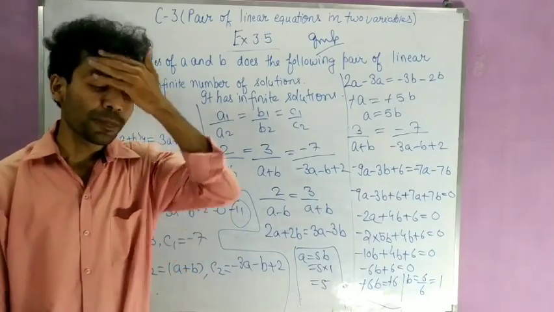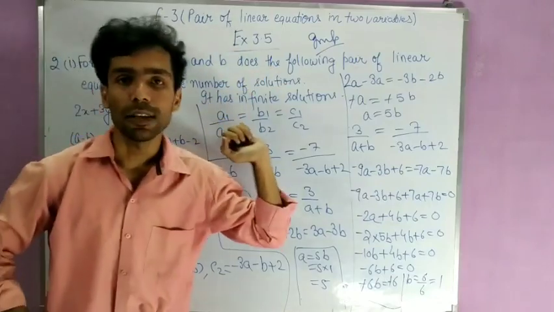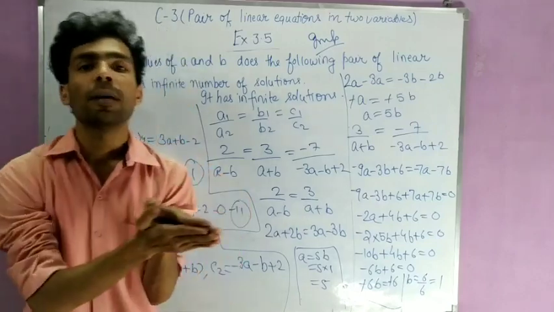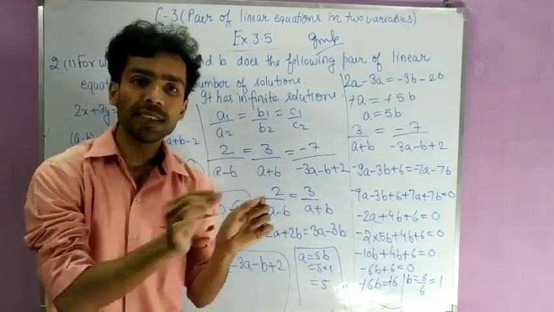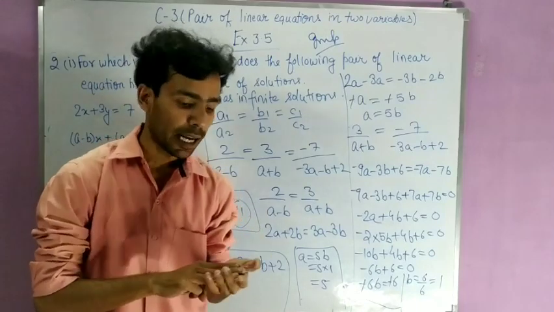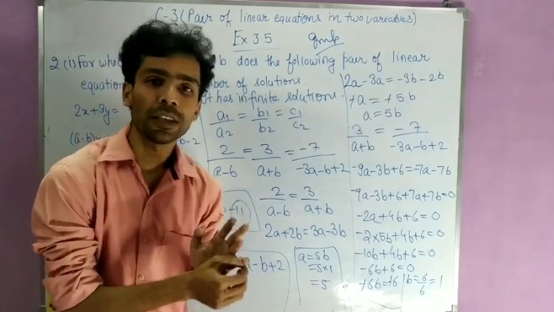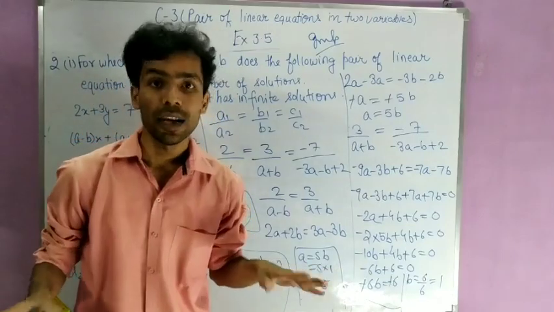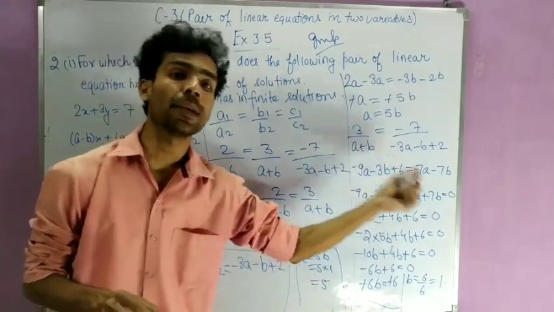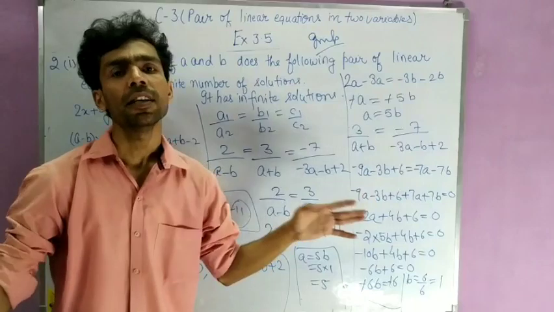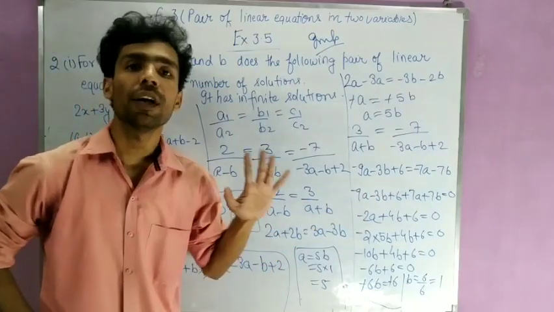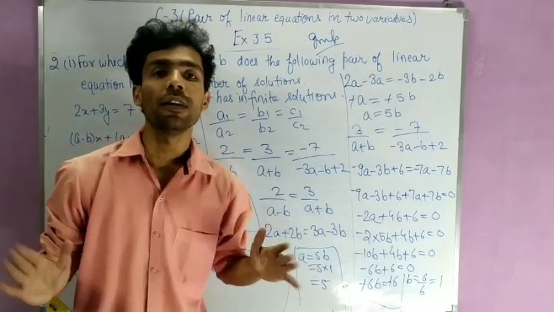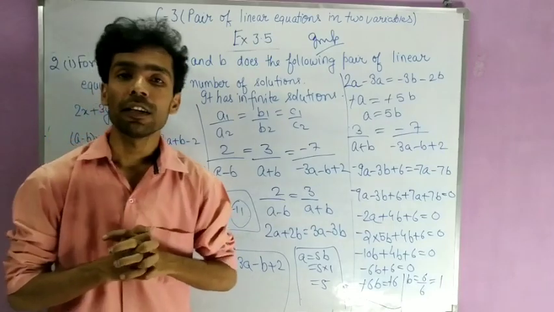And remember one thing, that after studying this cross multiplication method, whenever a question comes like solve the pair of linear equations, if nothing is specified, then out of the three methods, substitution method, elimination method, and cross multiplication method, whichever method you want to use, you can use it, unless it is specified that you have to use only that method. Okay, when nothing is specified, you can use any one method, whatever you have studied. So by this lecture we have finished all the methods to solve a pair of linear equations.